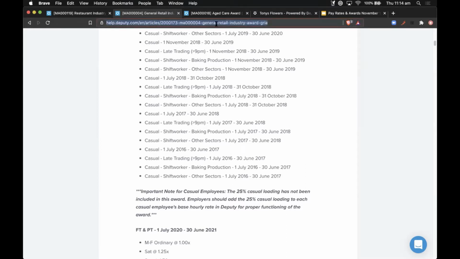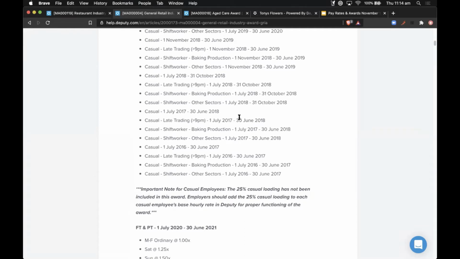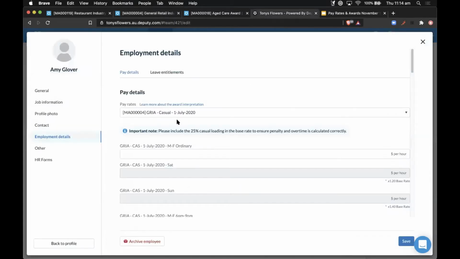Have a copy of the support link saved, so you've got something a bit easier to read to consult, because this basically puts everything in there. So for example, we've already put a note here that shows the 25% casual loading has not been included. So that means for Amy here, if they're getting paid 25, I also need to think about the 25% loading rate and add that onto this amount as well.